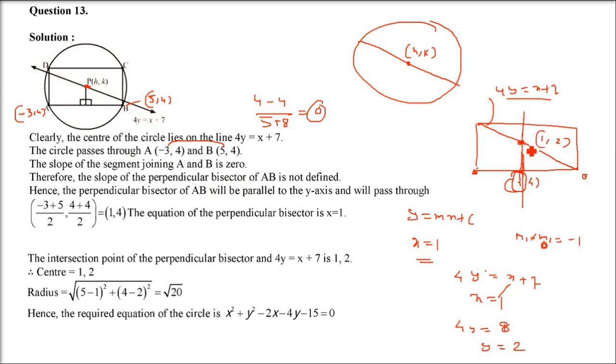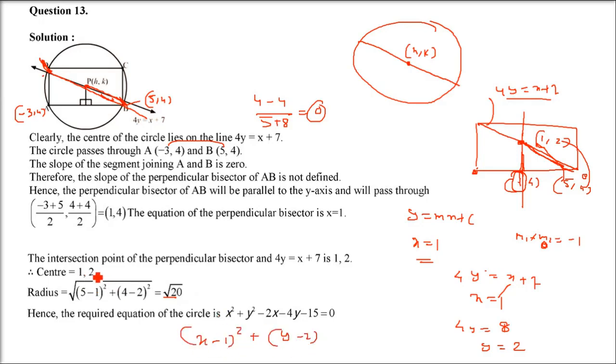Now we have got the center by intersecting the diameter line and the line x equals 1, which we found out. So this point is (5, 4), already given in the question. That is the B point. So we know this line, as I said again, is passing through D and B. So now the distance between (1, 2) and (5, 4), find out the distance between (1, 2) and (5, 4). That will be the radius.